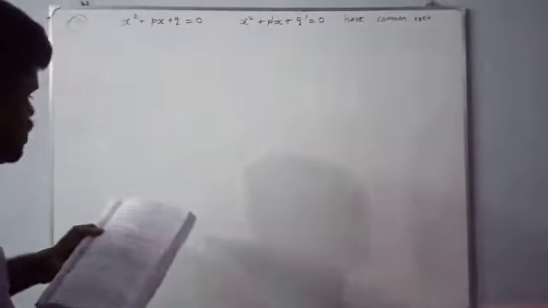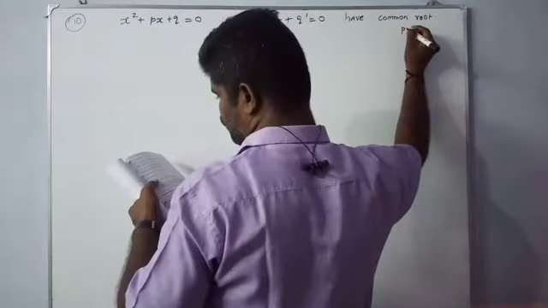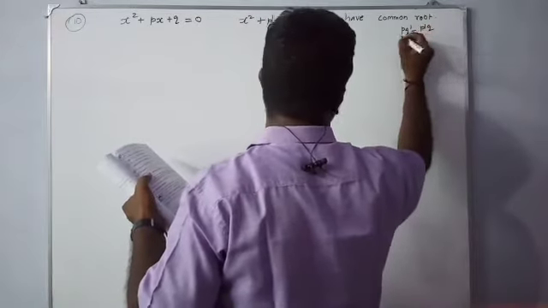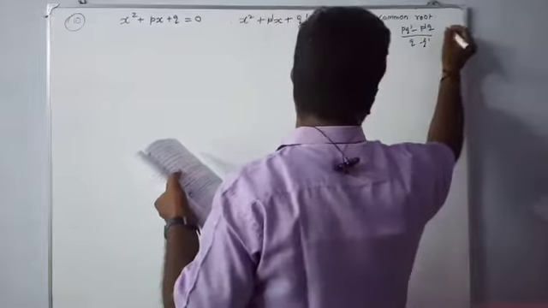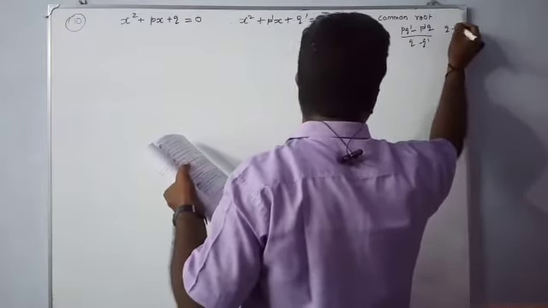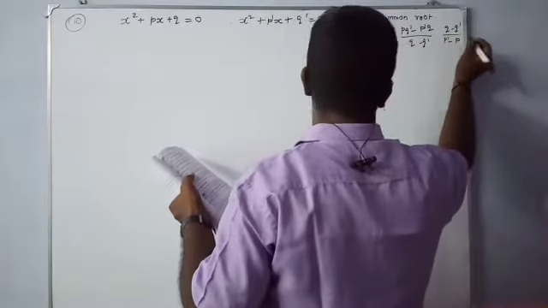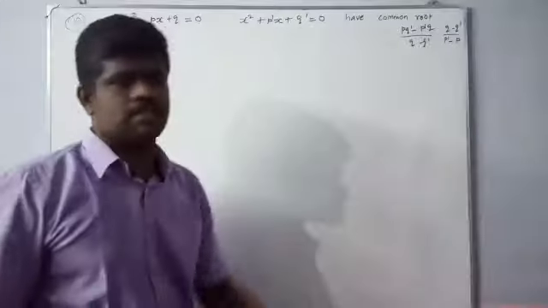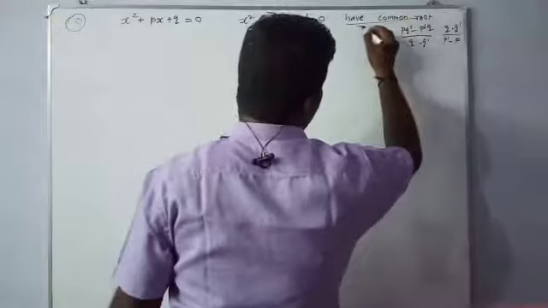So that it must be equal to, there are two values, (p q dash minus p dash q) divided by (q minus q dash), or one more value is there, (q minus q dash) divided by (p dash minus p). So we want to prove these two results. Okay, right. The given condition is a common root.